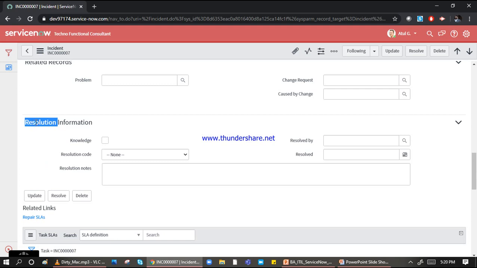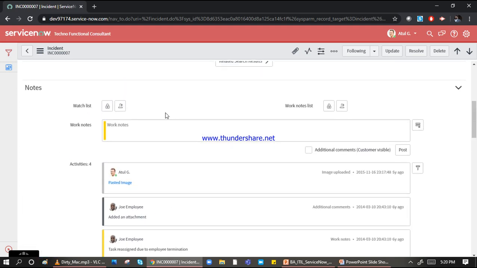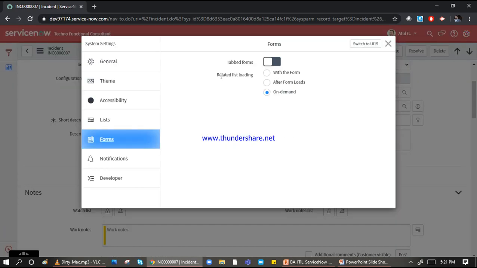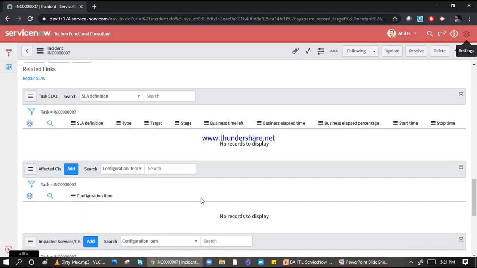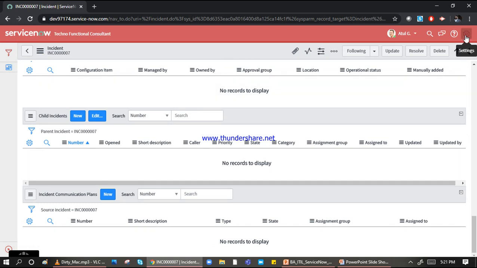Again, this depends on the user, on how they want to see that particular stuff. If someone says, okay, I'm just using the notes, why should I need the tabs? Let me use tabs like this only. Now if I go here, this is called the related list. These options are available, like SLAs and affected CIs. These are called the related list.